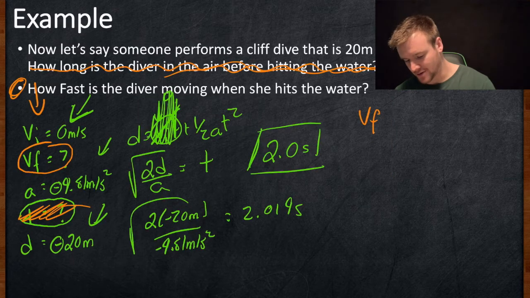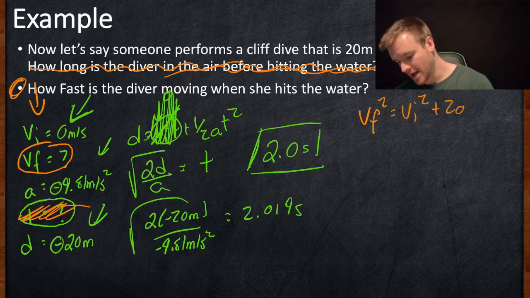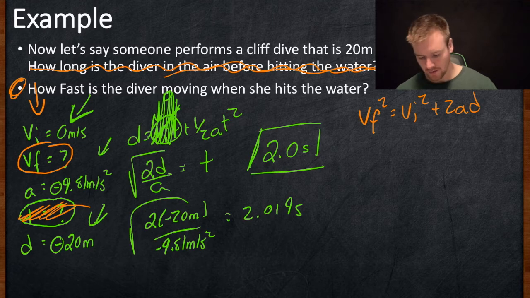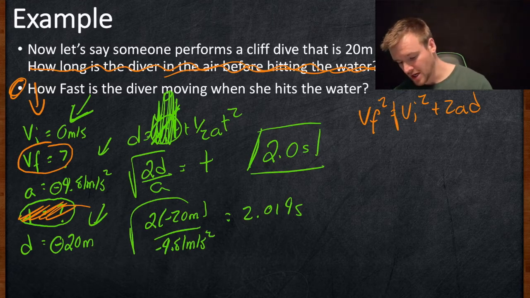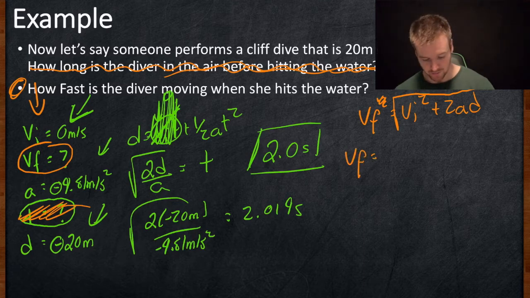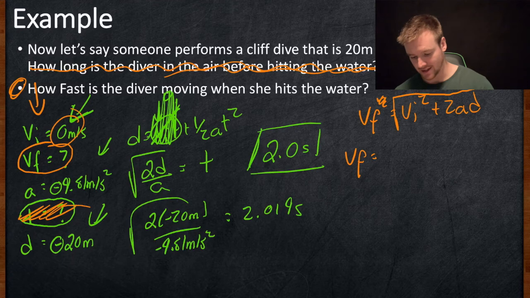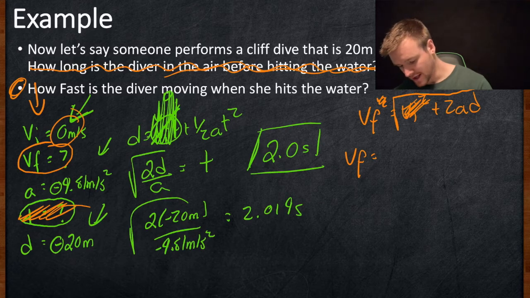It's VF squared is equal to VI squared plus 2AD. We are solving for VF. It's a nice and easy rearrangement. We just take the square root of that side, scratches that out. VF is equal to VI squared. Well, we said VI was 0, so that gets crossed out. 0 squared is still 0. If you add it to something, it won't matter. So that's just 0. So we just have 2A, which is negative 9.81 meters per second squared, times the displacement,